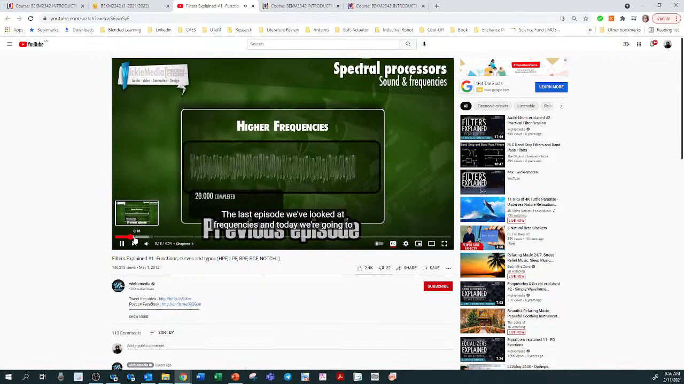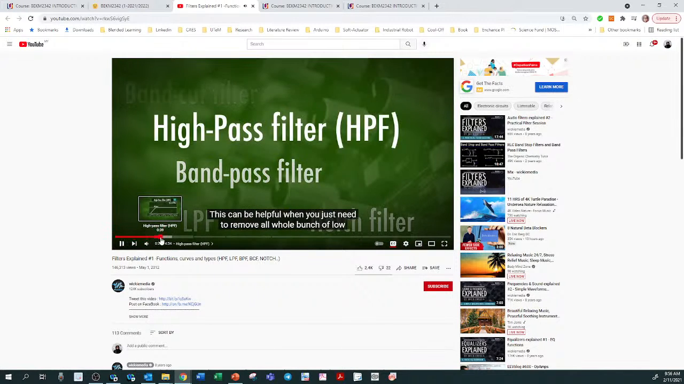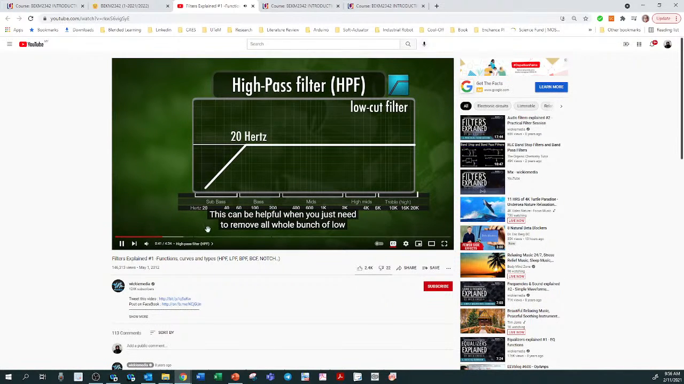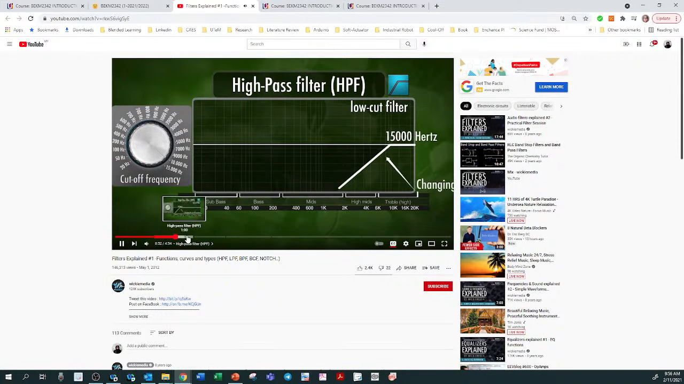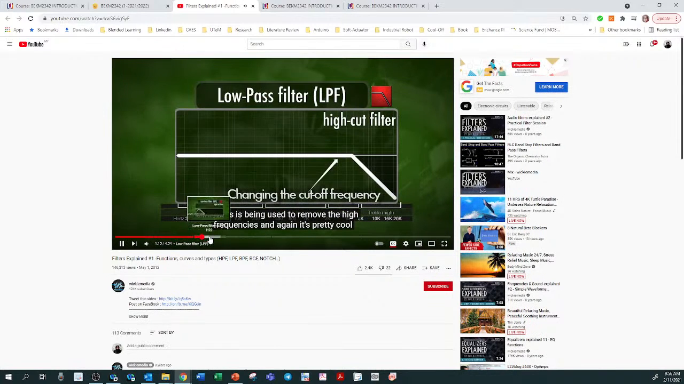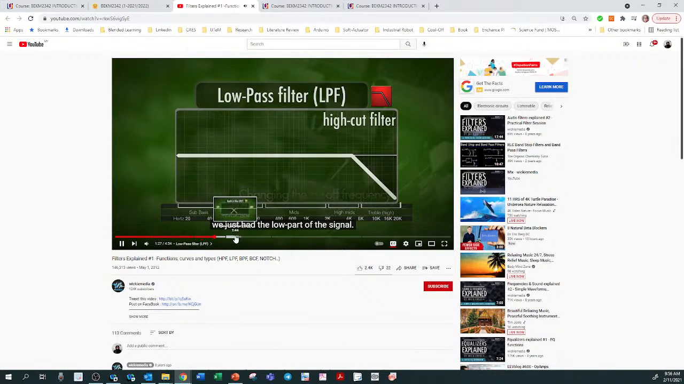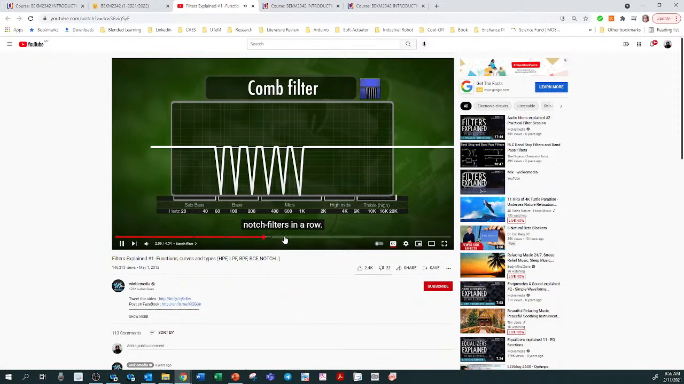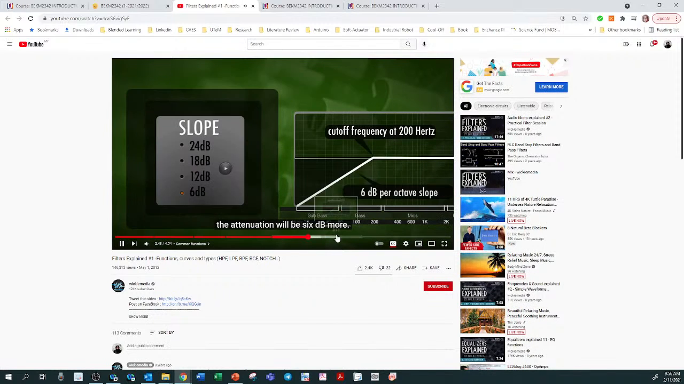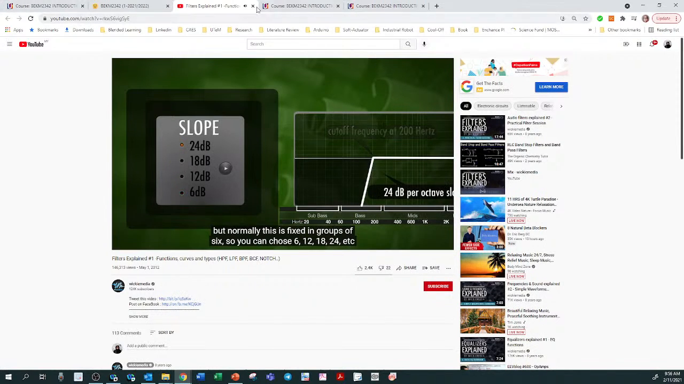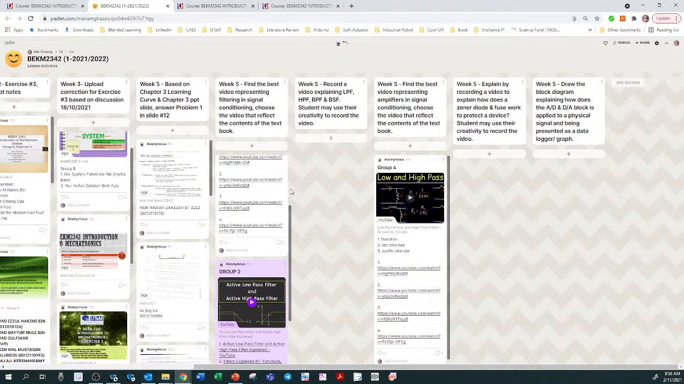So we've looked at frequency content. I'm going to take a look for when you just need to remove a whole bunch of low frequency. Remove the high frequency, cut away, and then we just had that area. So the cut filter more if we're octave, but normally this is fixed in